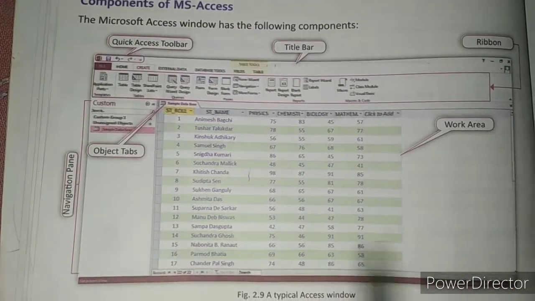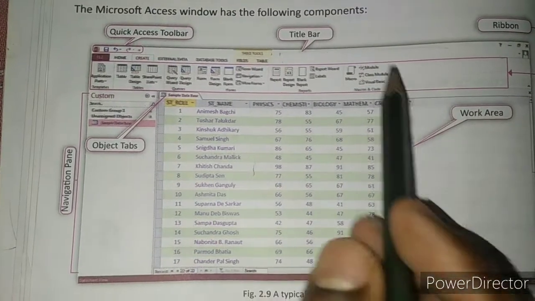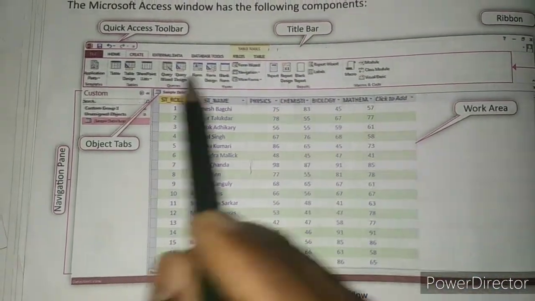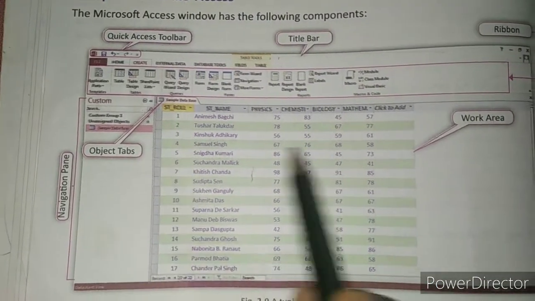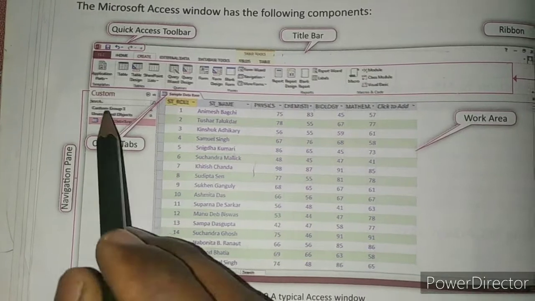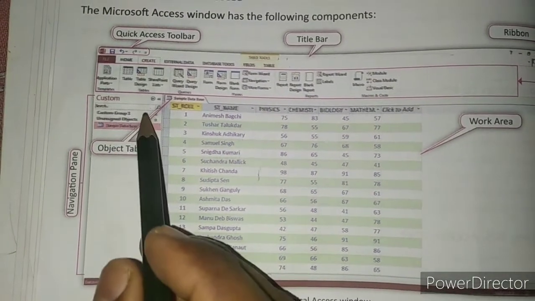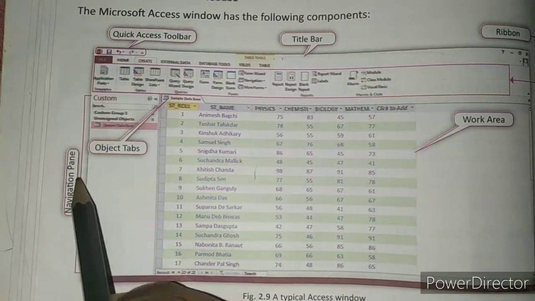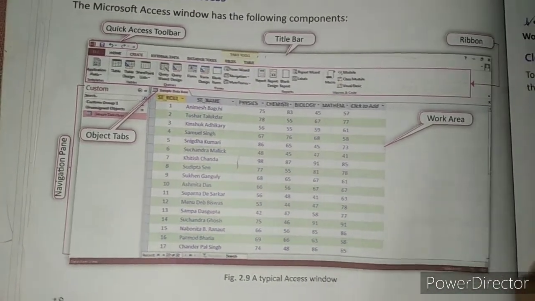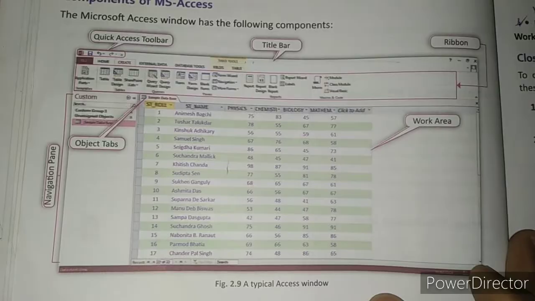So this is the simplest view of the Microsoft Access window. This is the navigation pane, another pane in which many options are there. When you scroll here, in the navigation pane, the objects will appear which you can use.